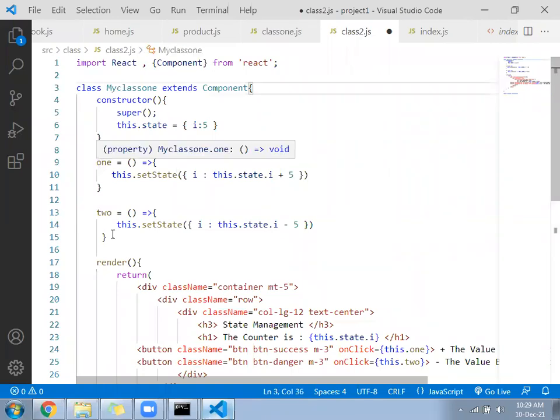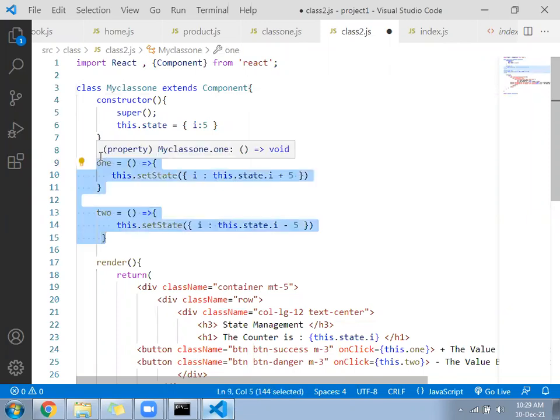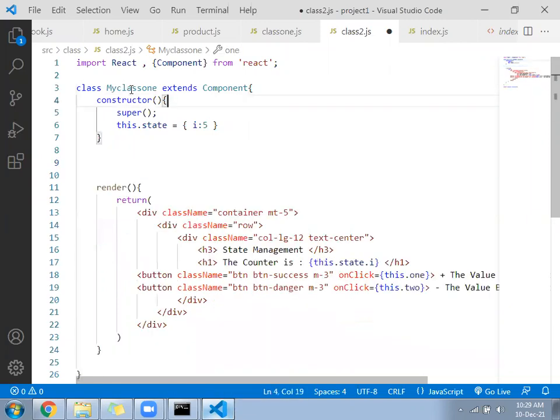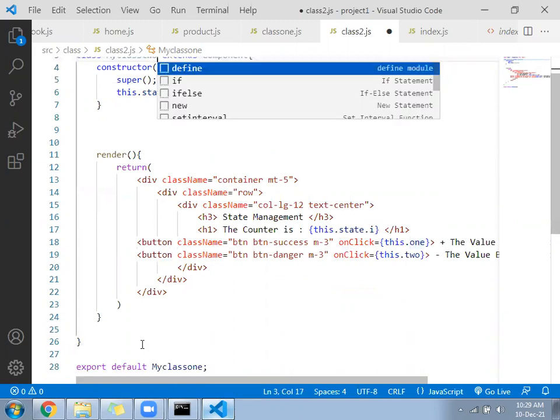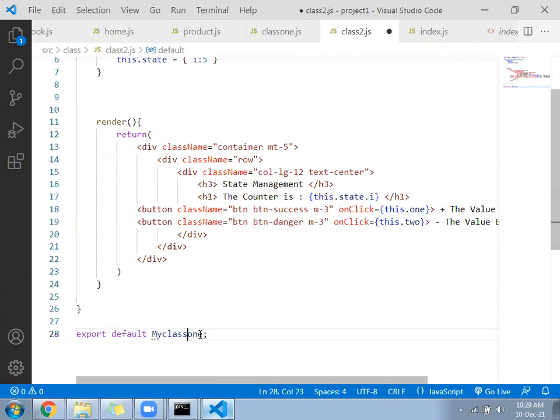Remove both the functions. Next, change the class name from MyClass to MyClass2. Below also change MyClass to MyClass2.